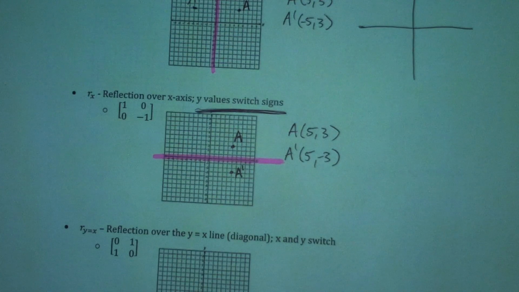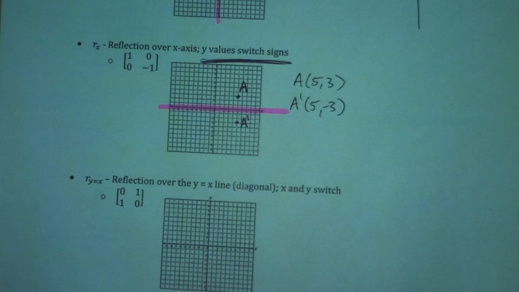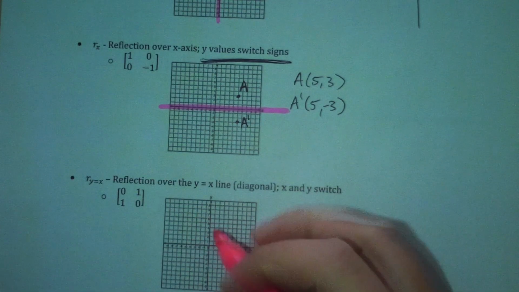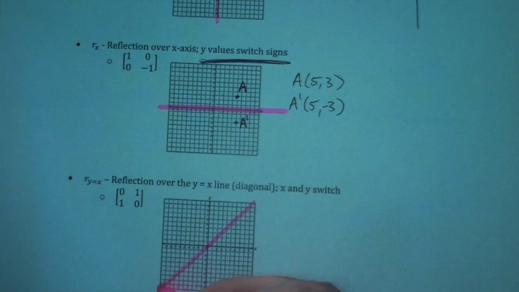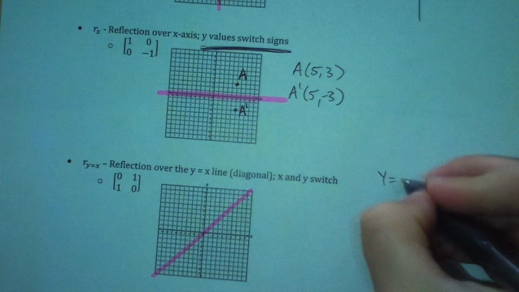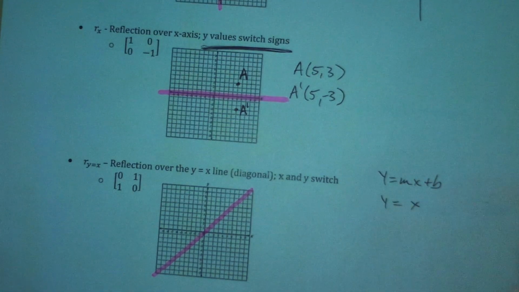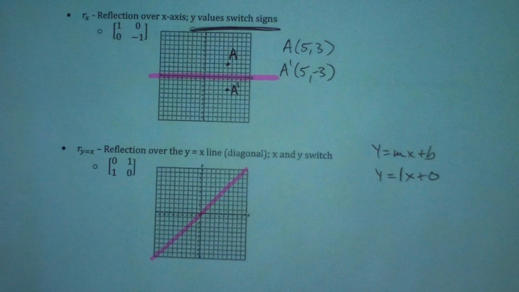Next one here, do you guys remember what the y equals x line is? It's a diagonal that basically has a slope of 1 and a y-intercept at 0, 0. Because if we had y equals mx plus b, and we have y equals x, wouldn't our slope be 1 and our y-intercept be 0? So that line goes through 0, 0, and then it just goes up 1 over 1, so it's basically just a diagonal right through there. So if I keep that A point at 5, 3,